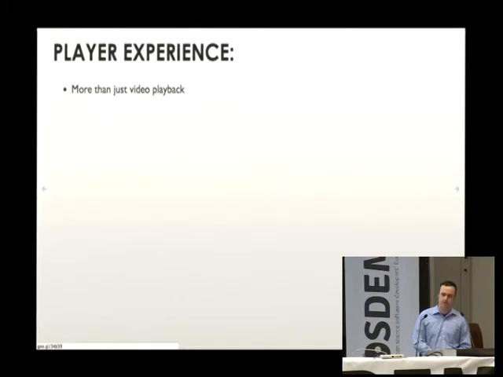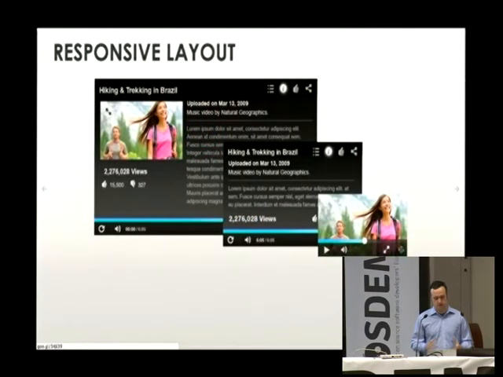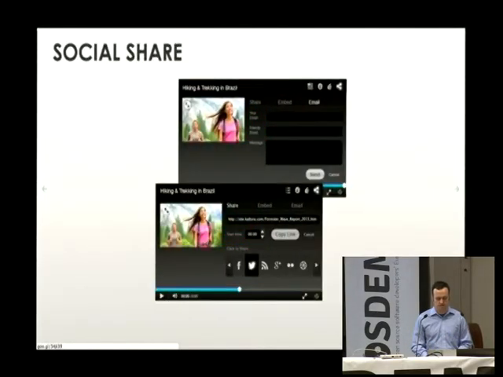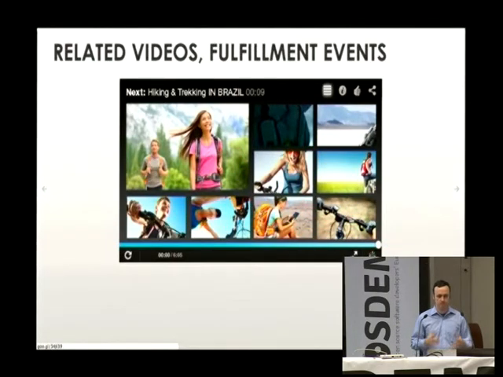So, player experience. It's worthwhile to talk about this really quickly, just in the sense that a player experience is not just the video playback. There's a bunch of other things going on in any modern video playback environment. There's simple features like thumbnail scrubbing, or more complicated pieces for responsive layout of text and associated content within the player. There's social sharing, related videos, fulfillment events.